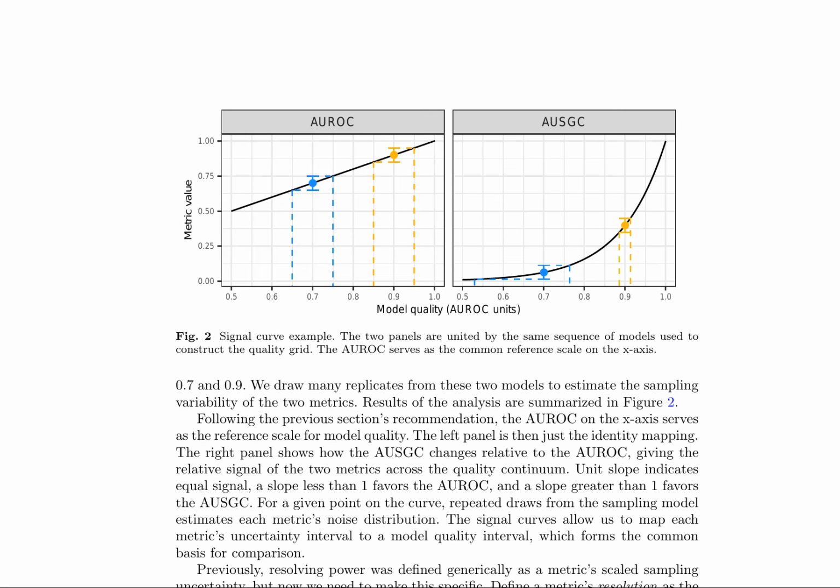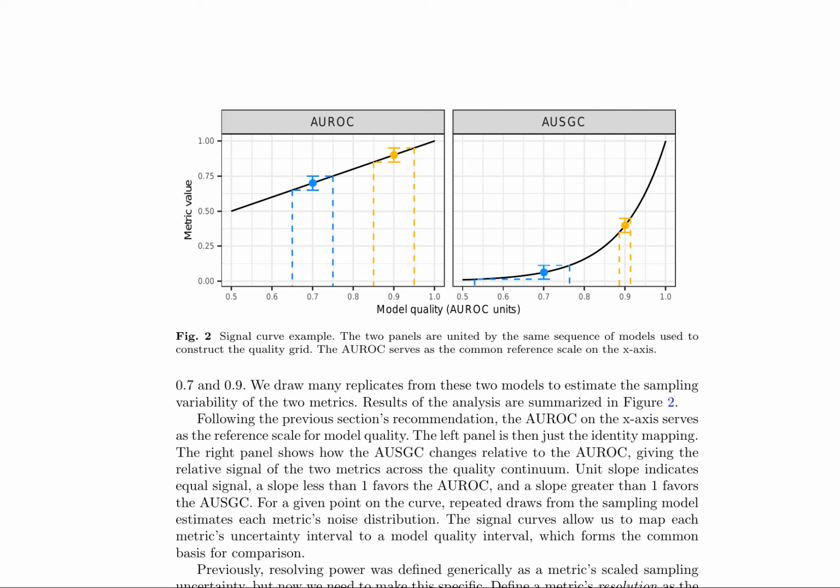A sampling model is constructed by specifying class score distributions, prevalence, and sample size, followed by creating a grid of 1,000 models. The first model has totally overlapping distributions for the random classifier, and the distributions gradually shift apart so that the 1,000th model has almost no overlap. This allows for the assessment of sampling models that give AUROC values of 0.5 and 1, representing the worst and best possible classifiers, respectively. The relationship between two key metrics, AUROC and AUSGC, is visualized in Figure 2.